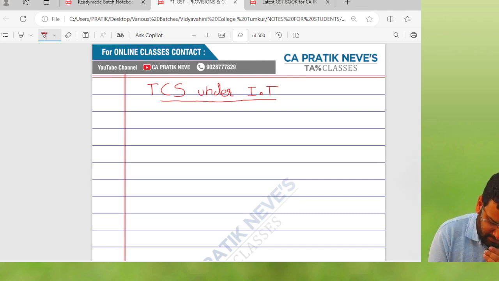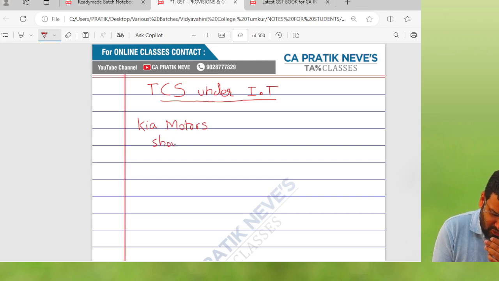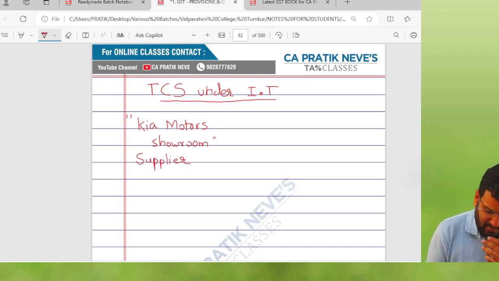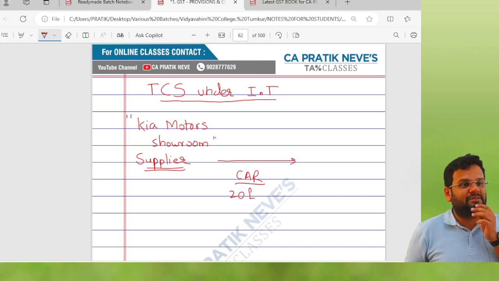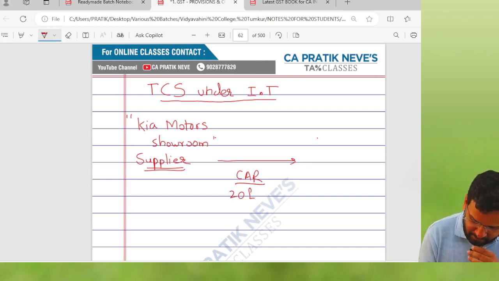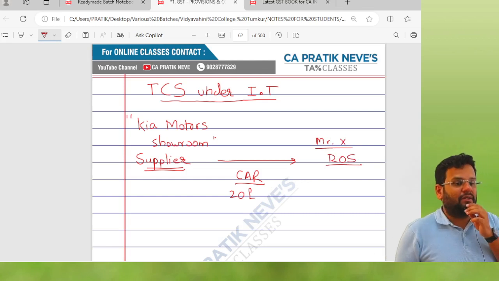See, for example, Kia Motors is there. Kia Motors showroom is there. Okay, that Kia Motors showroom means supplier. That supplier is selling one car of say 20 lakh rupees. Supplier is selling the car of 20 lakh rupees to Mr. X. So Mr. X becomes recipient of supply. Okay, now understand,